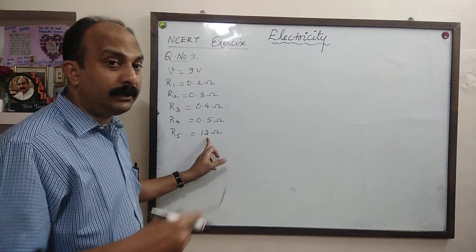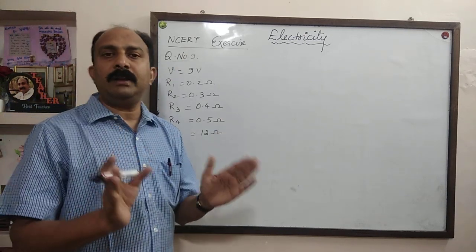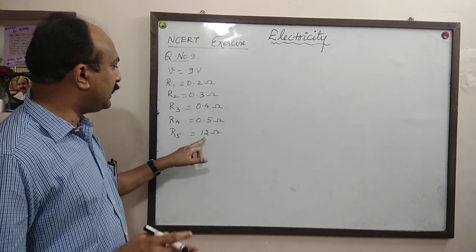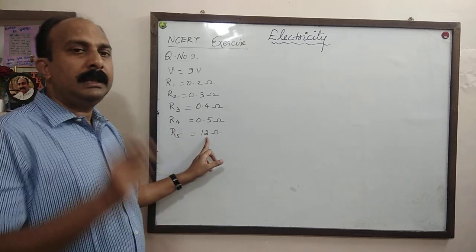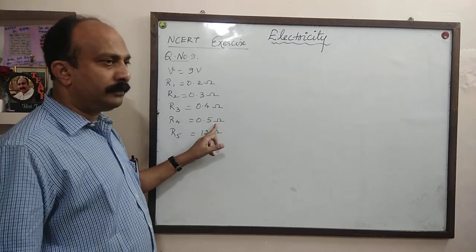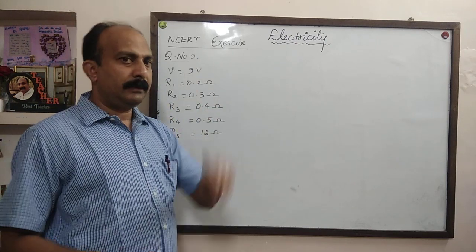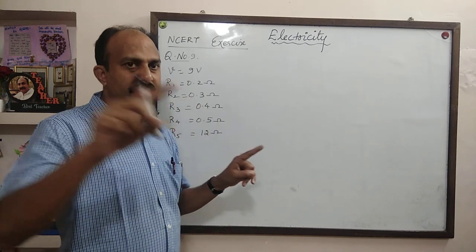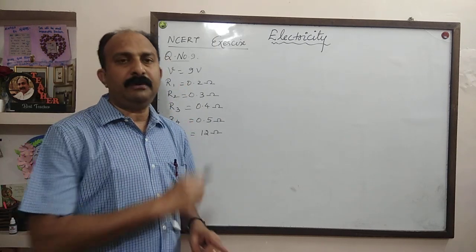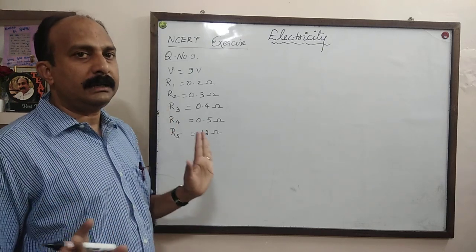So the first point that you should remember is that in series, I will remain the same everywhere. So the question is asked, how much current will flow through the 12 ohm resistor? The answer will be the same if this question is asked for the 0.5 ohm resistor or 0.4 ohm or any ohm. Because remember the previous class, when resistors are connected in series, I will remain the same everywhere in the circuit. So we have to calculate I in the circuit, that's all.